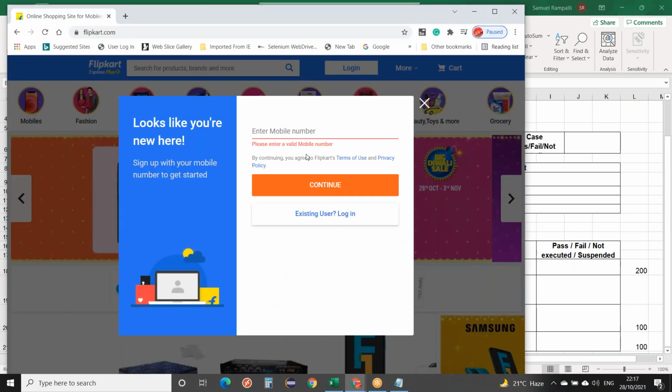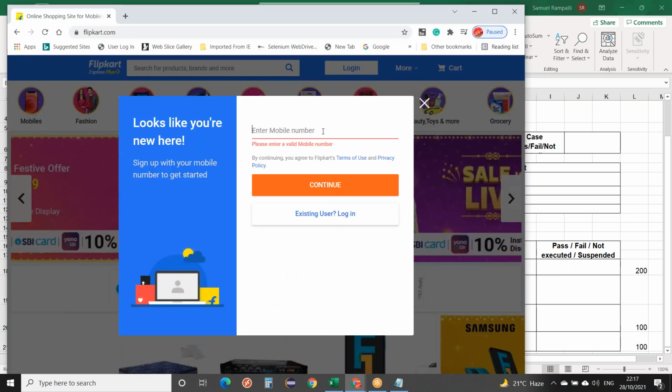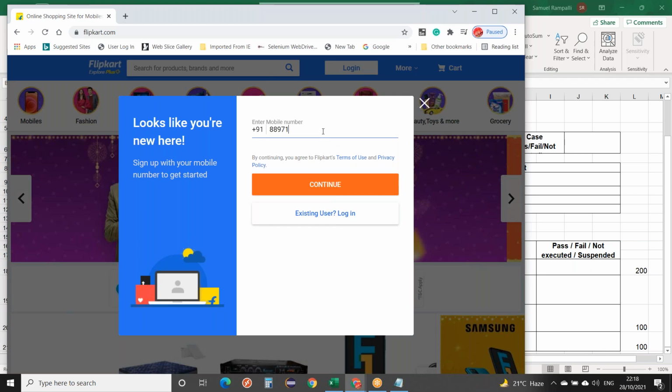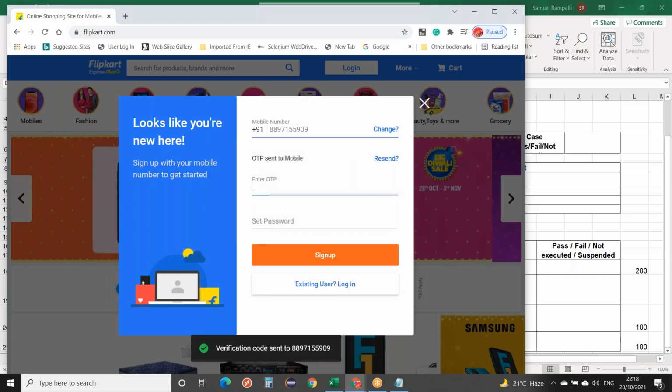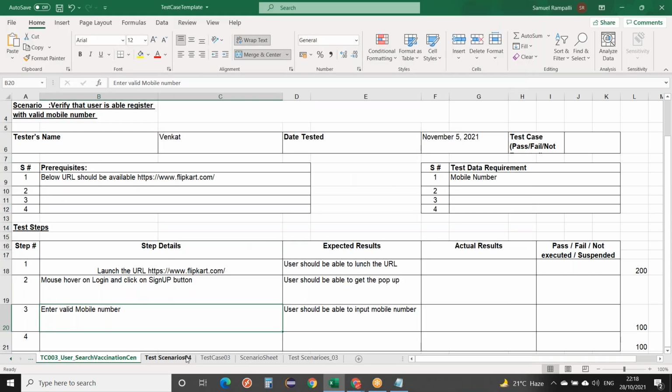Then mobile number, then continue. For example, you provide some number and then click on continue, and then the OTP should be sent. So in the expected you can write that the OTP should be sent. Enter a valid mobile number and the user should receive the OTP.